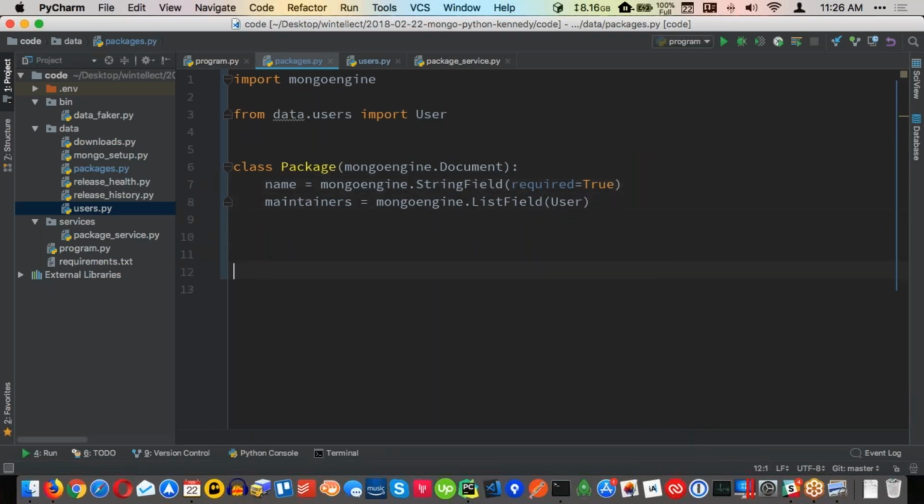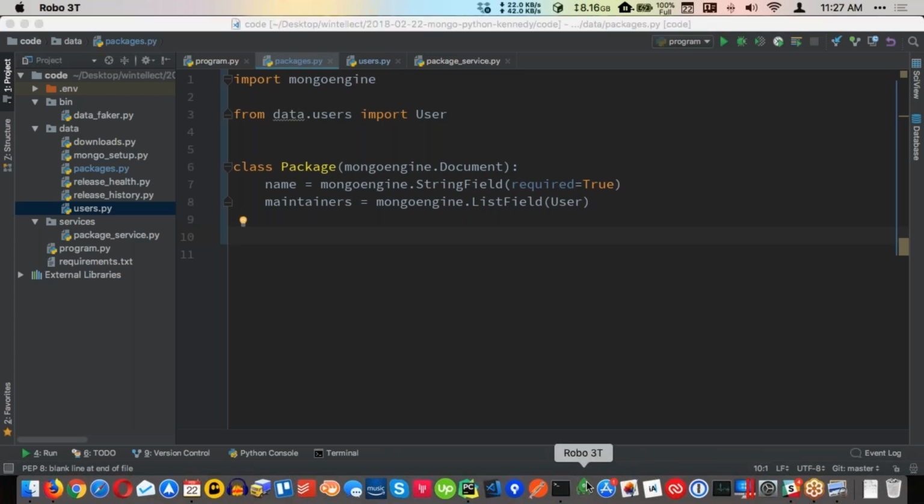And then you guys are wondering, maybe just to answer your question, like, how do I get this back, right? You would go and do a query against the user collection saying where the user ID is in the maintainers list, effectively. Okay, so this is all well and good. Now, because I want to work with